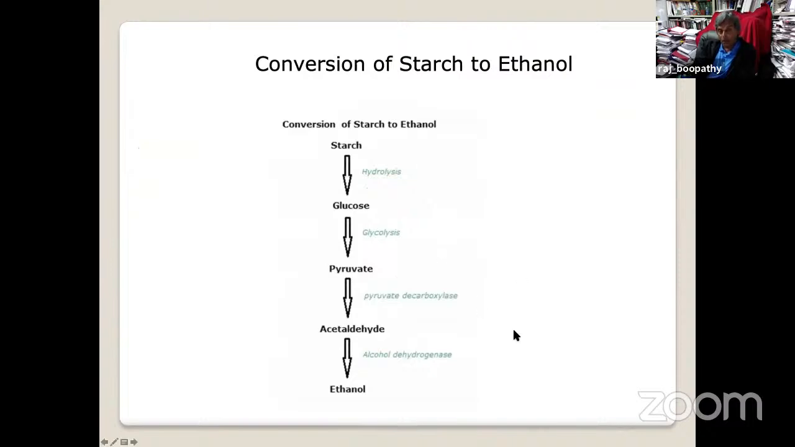So if you take starch, mainly from corn and potato or anything else, which is made up of 100% starch, you need to hydrolyze starch by adding amylase enzyme, and you get glucose. And this is your raw material for ethanol. As I said before, it undergoes glycolysis via pyruvate and acetaldehyde, and you make ethanol